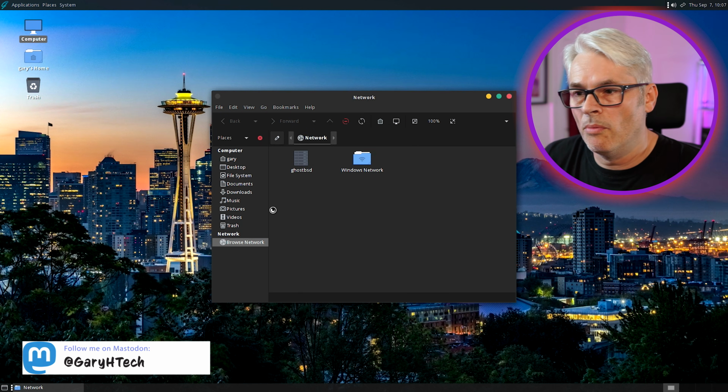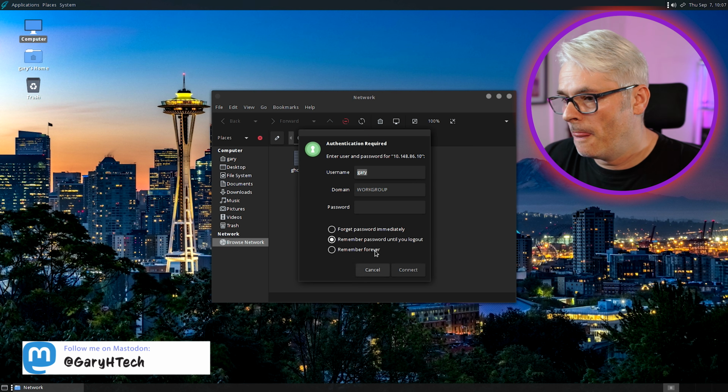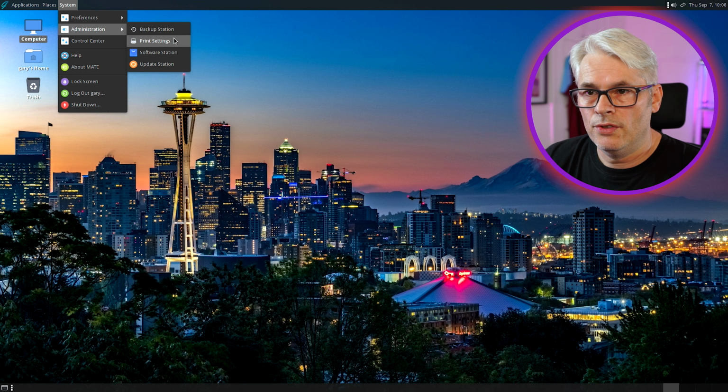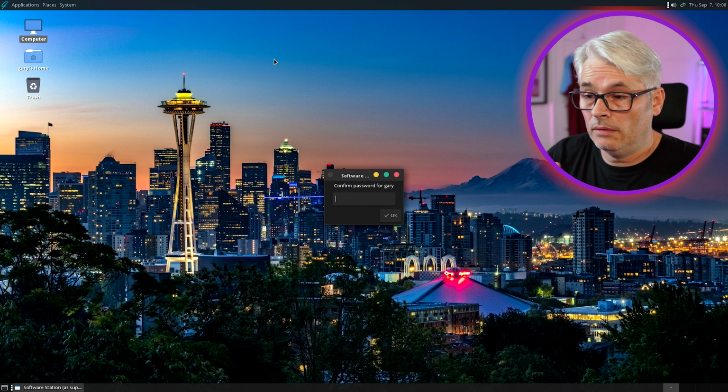It's probably going to say it's the wrong password because I can't remember what it is. Anyway, not much to it. It does what it's supposed to do. Very usable. Got Firefox, Chromium, Thunderbird. They're not default. So Firefox and Transmission, the BitTorrent client, are the only two that were in here. I've installed Thunderbird and Chromium myself, and I did that by using, where is it? Administration, Software Station, which is